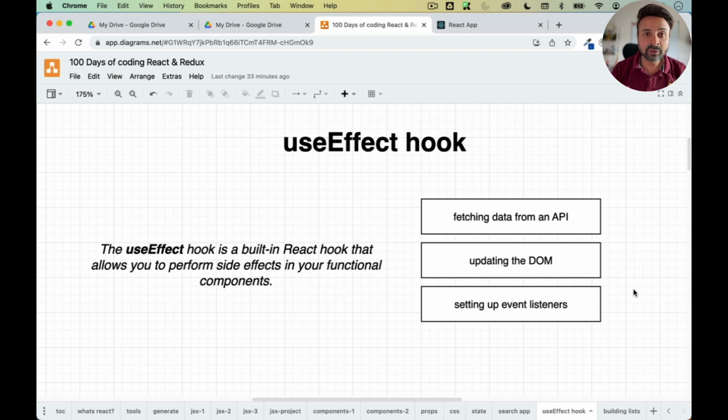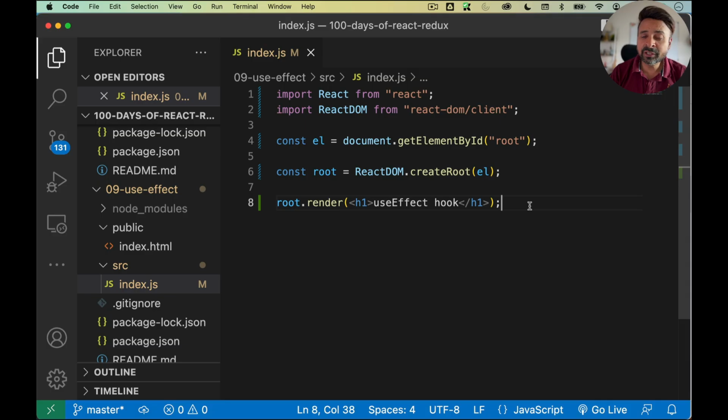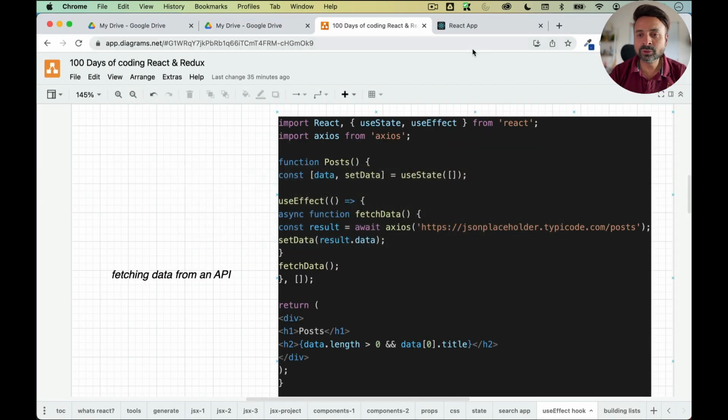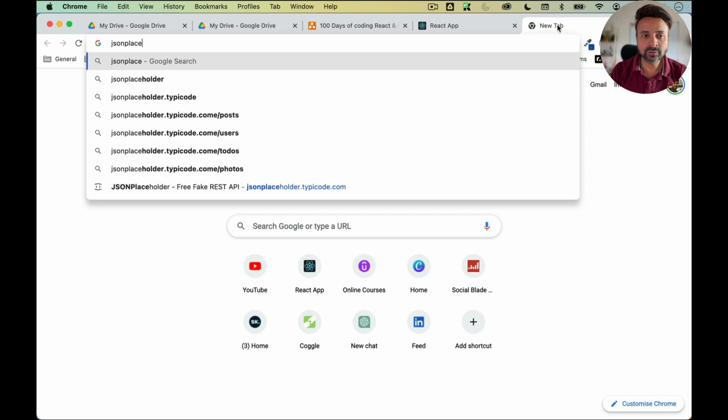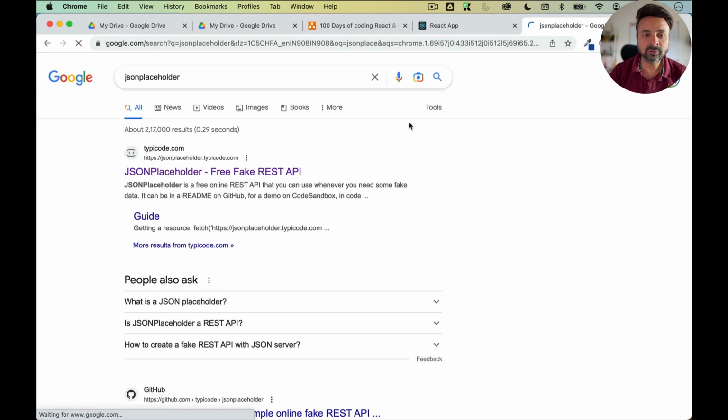So let's jump into the first example, where we're going to fetch the data from the API using something called Axios. The first example of a side effect using the useEffect hook is fetching the data from the API. For that purpose, I'm going to use JSON Placeholder. I'll just search for JSON Placeholder, and this is an online